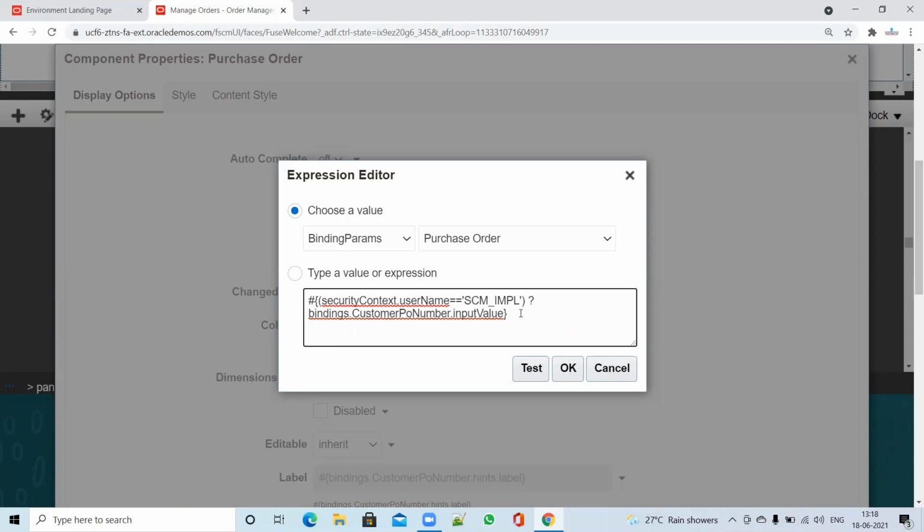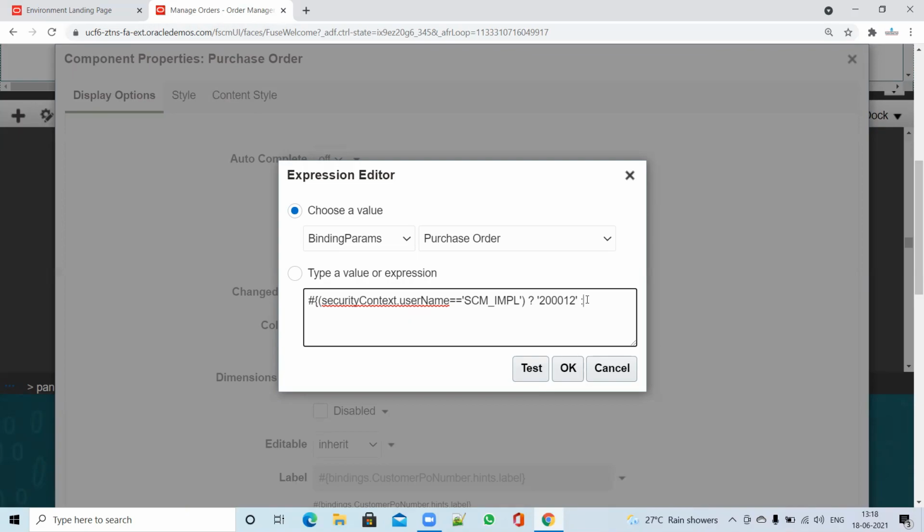So what you have to write over here? I'm setting up that the value has to be defaulted to 20012. So if the system finds the username SCM underscore IMPL, then it will default this value, or else it will set the null value.